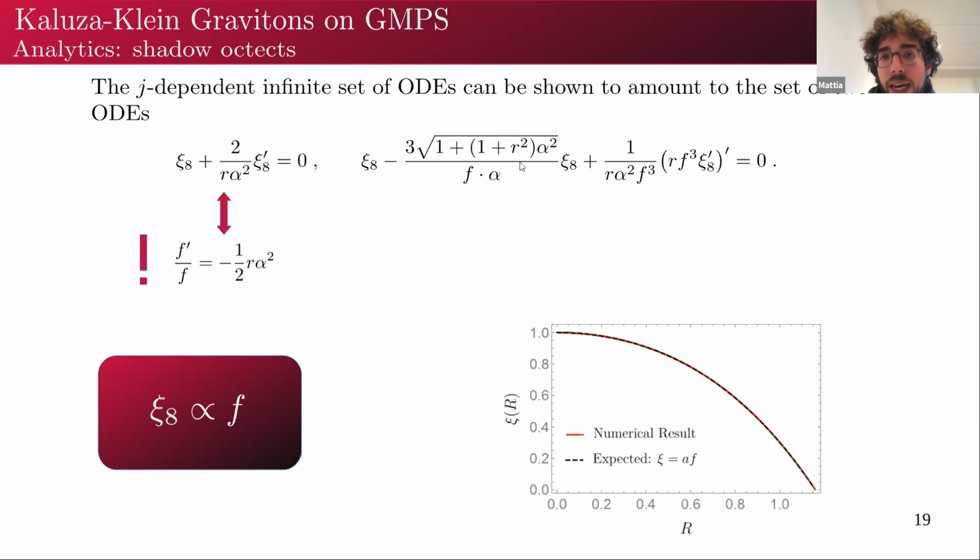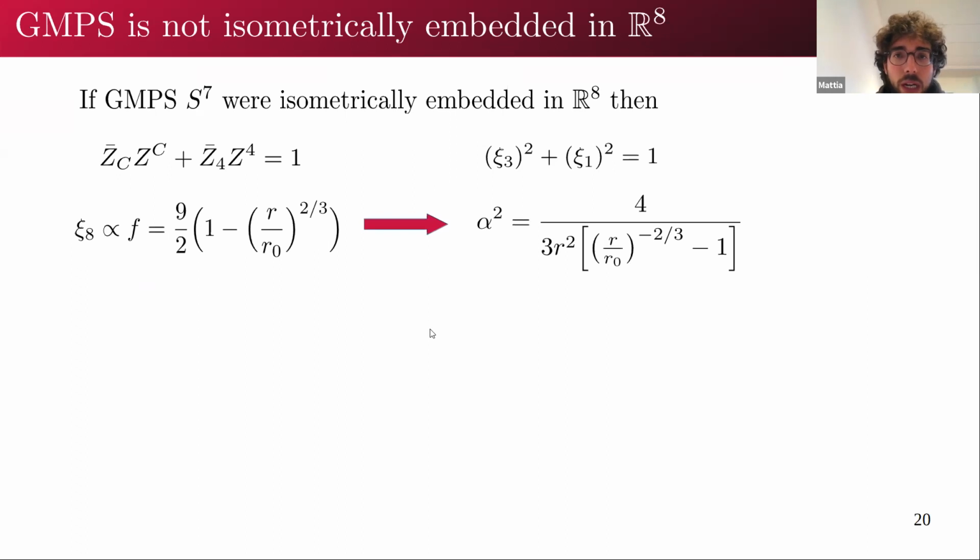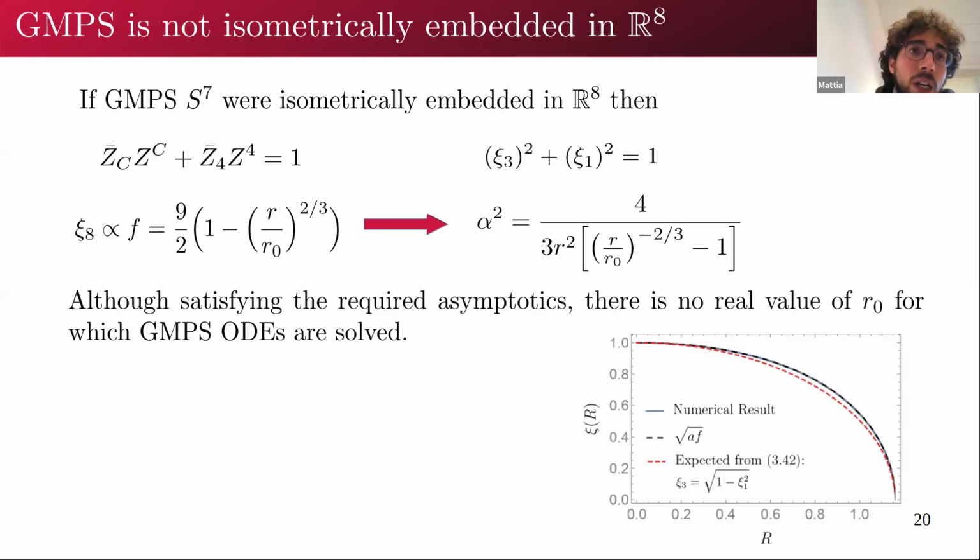This happens to be the case also for the quadratic deformation, so for the CPW solution. And here, by fixing this constant to 9/2, we see that the agreement between the numerically computed eigenfunction and the expectation is perfect. So this is a very interesting result that unfortunately I don't think I'll have time to explain, so let me quickly go on.